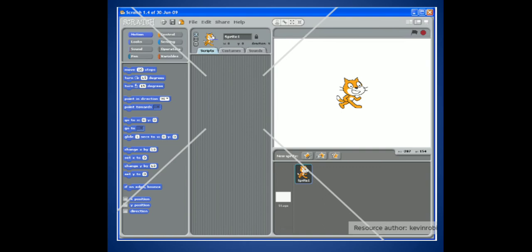If nowadays we are using 3.0, or if you find 2.0, that is also good. There are hardly any changes in the Scratch versions, a few changes in the tools, but all together it is going to look like this only. You can see we already have a stage of white color and a sprite in the form of a cat, and on the left hand side we have the block palette where the motion blocks are selected by default. So this is how your screen will look. Now it'll be up to you how you put things together and how you make your sprite work on the stage.